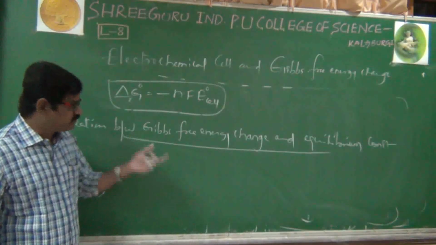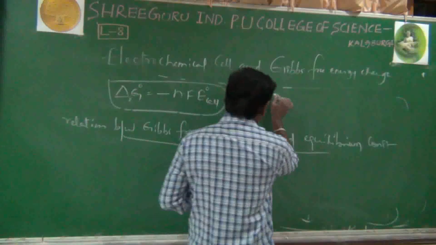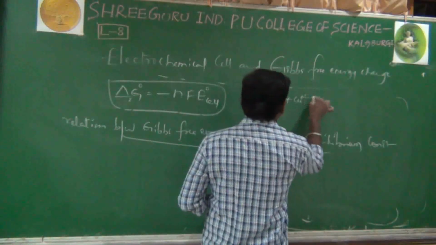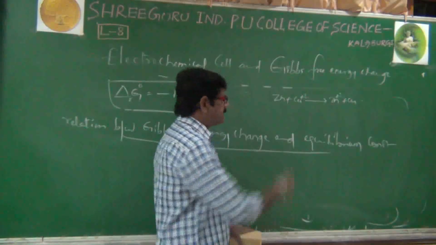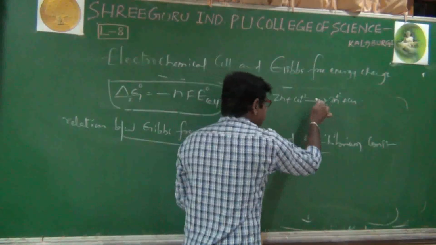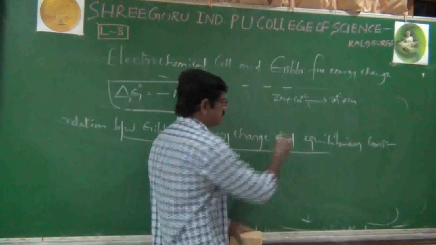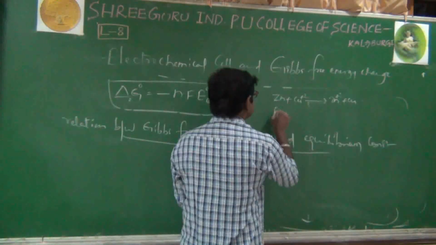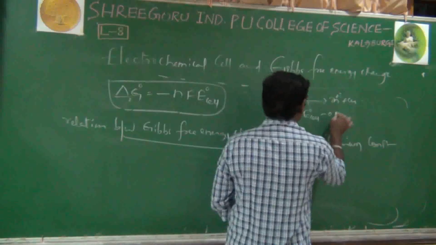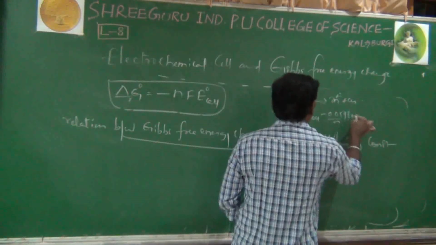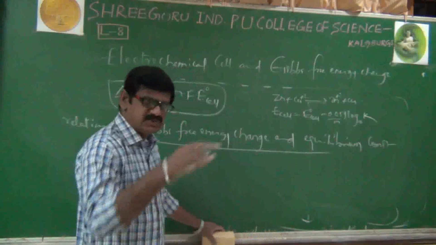But before that, we'll again go back to our Daniell cell net cell reaction. It is like this: Zn plus Cu2+ gives Zn2+ plus Cu. And suppose this reaction reaches the equilibrium stage, you write a double arrow. And to this, if you apply the Nernst equation, that is E cell is equal to E naught cell minus 0.059 by n log base 10 of product by reactant, nothing but K. We have to use K here.